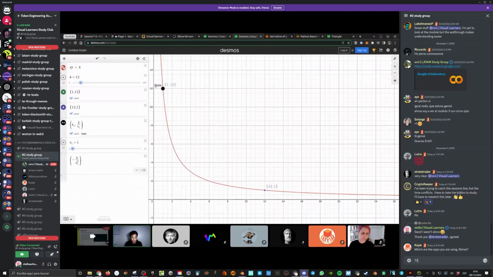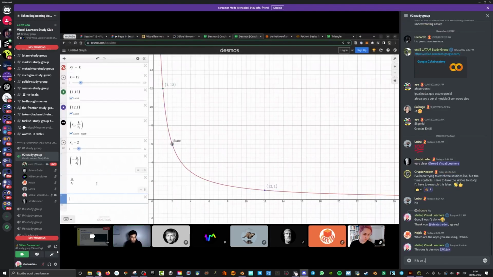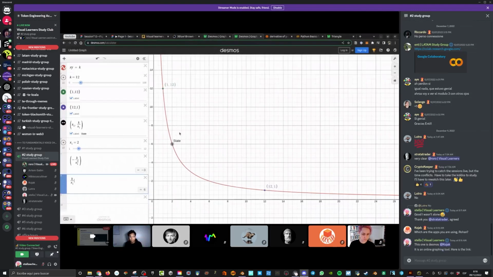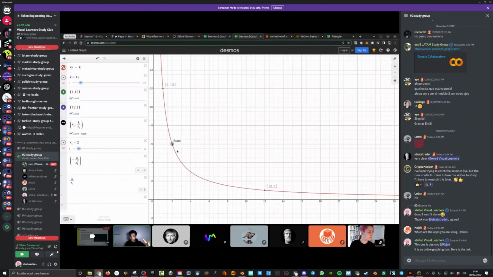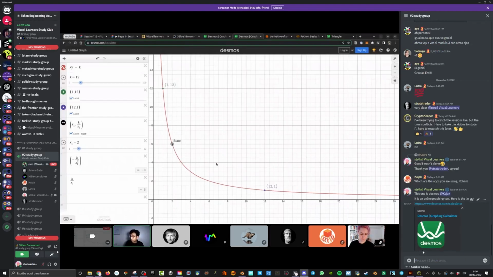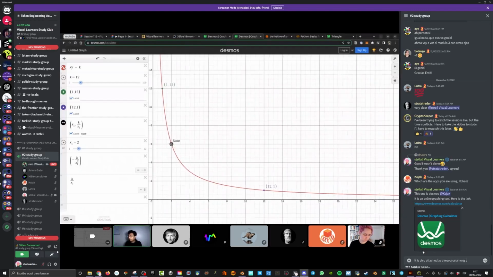around 6, because the difference between here and here was, wait, let me just add this point, k by x, right? It's 6. Sorry, k by x 1. Okay, anyway, I'll have to do this manually. But from 12, y became 6. And 6 was the difference of y, and 1 was the difference of x. So I actually just got 6 tokens out for my first x token that I traded. Which means the effective price was 6, not 12. And the rest was slippage.